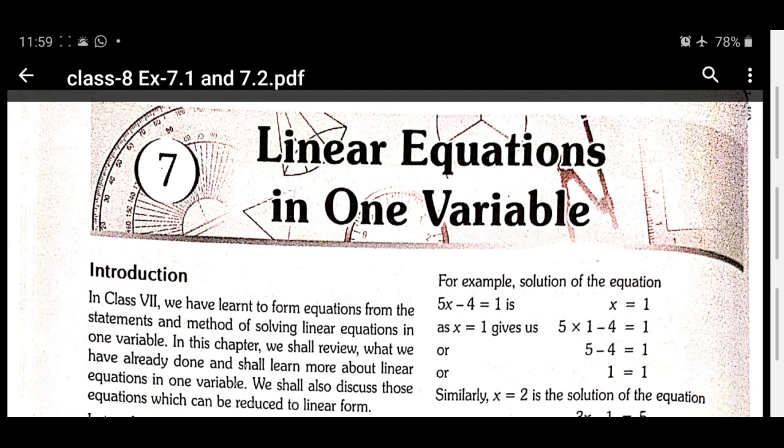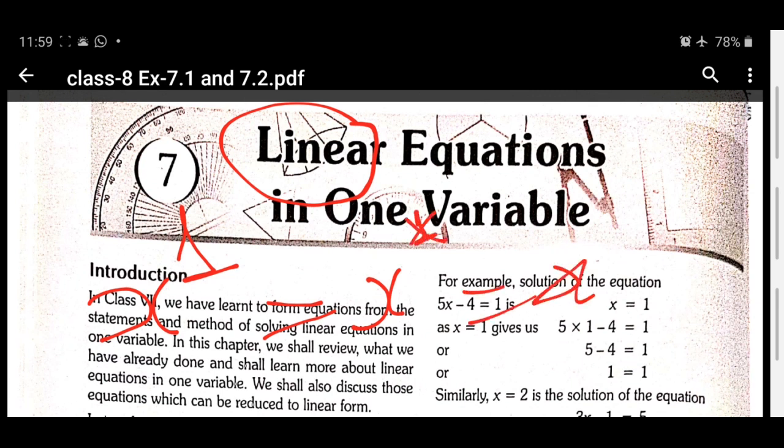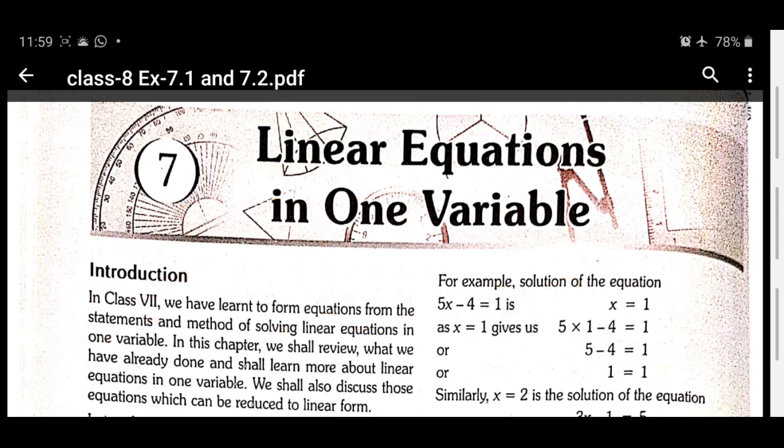So, the chapter name is Linear. What is the meaning of linear here? Linear means the variable has a maximum power of only 1. By default, 1 we never write. So whether 1 is present here or not, it means that the power of x is 1. So it is that type of equation in which the variable has only one power.